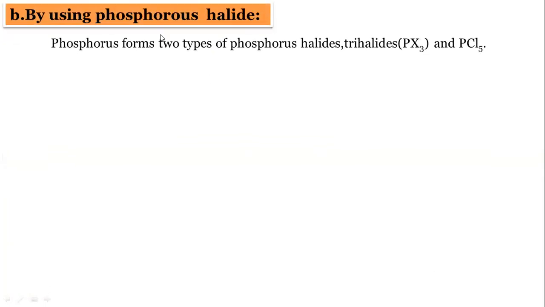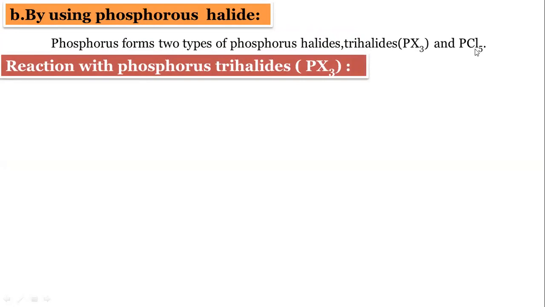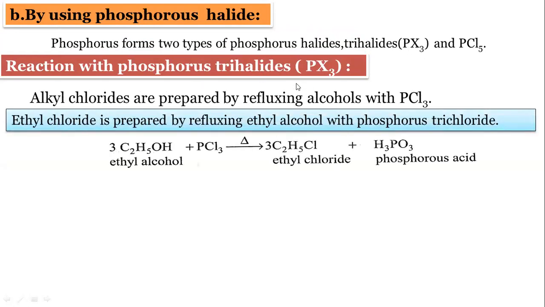Then the next one, methods of preparation of alkyl halides by using phosphorus halides. Phosphorus forms two types of phosphorus halides: one is PX3 and the other is PCl5. We will discuss the trihalide first, the reaction with phosphorus trihalide. Alkyl chlorides are prepared by refluxing alcohols with